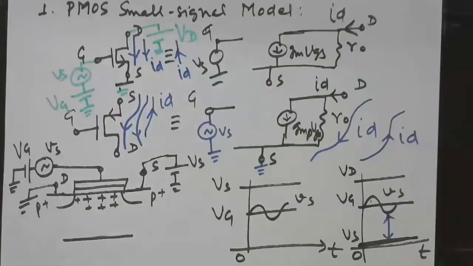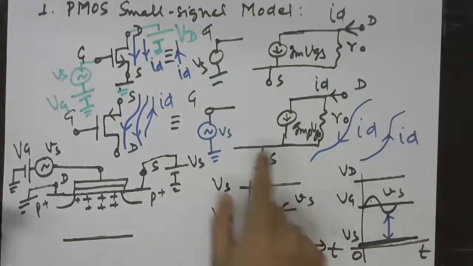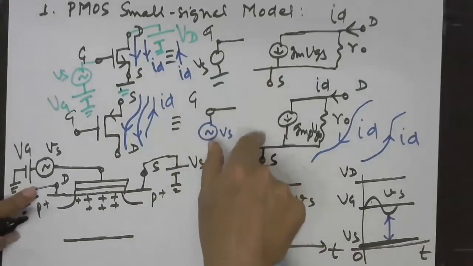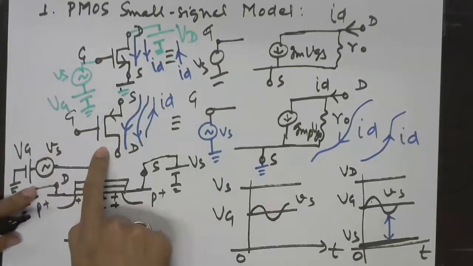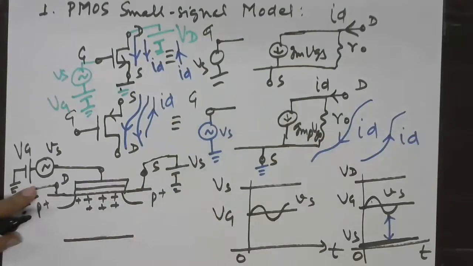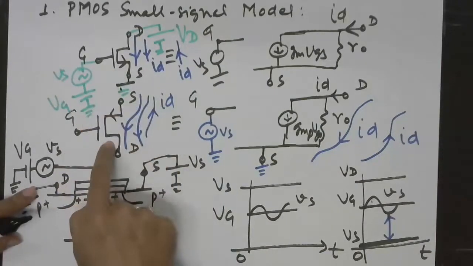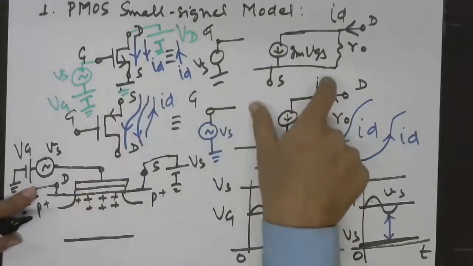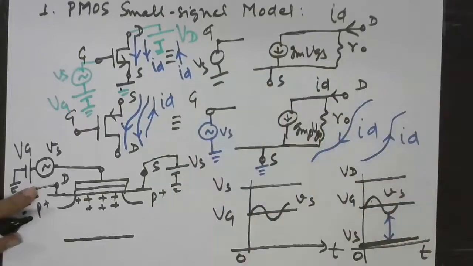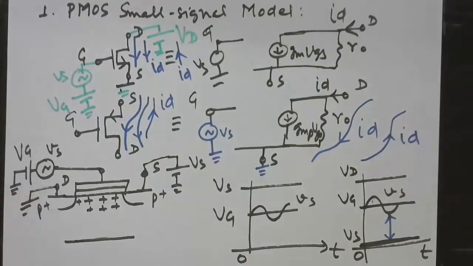So this is a qualitative justification that fortunately the same model, small signal model, works very well for both NMOS and PMOS. So this way definitely simplifies our analysis. That means if we have a circuit containing both NMOS and PMOS, then we simply just need to substitute each of them by exactly same model, and analysis result is going to be okay.